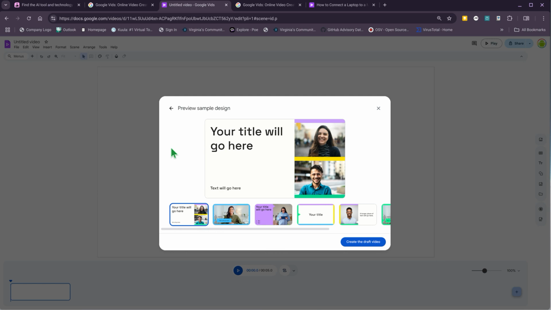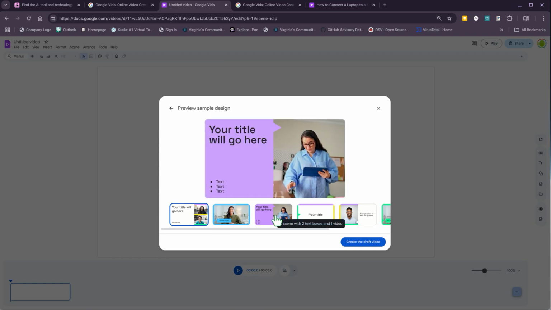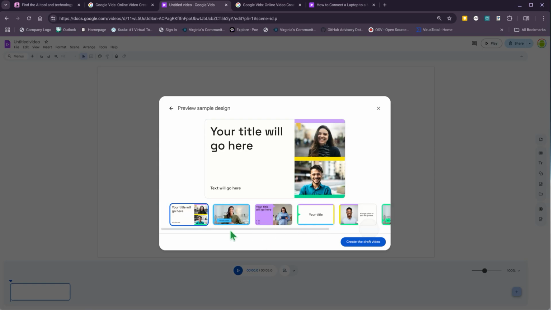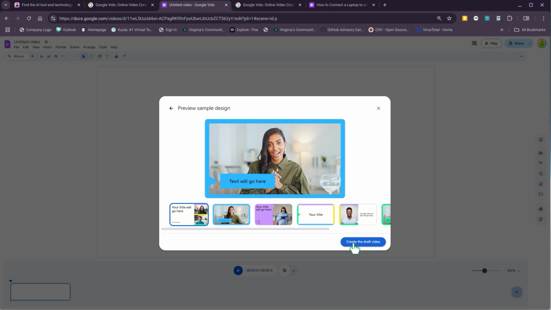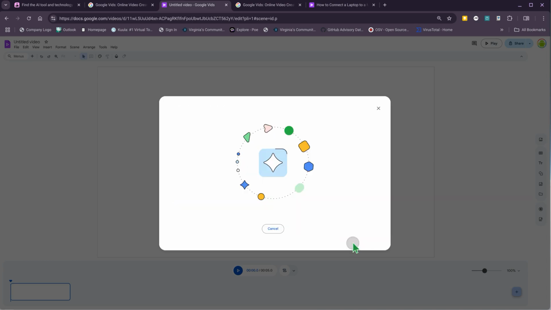And it's creating what's going to happen. So it's telling you what it's going to do. It's going to have the title. It's going to put text here. It's going to go through everything, and you can see pretty much what it's going to do. And now you click here to create the draft video. And so far, again, not making any changes, just want to show you what it looks like on the first round. And so now it's choosing the layout,